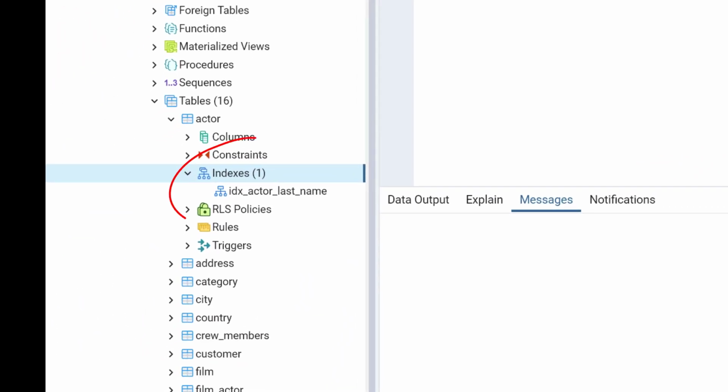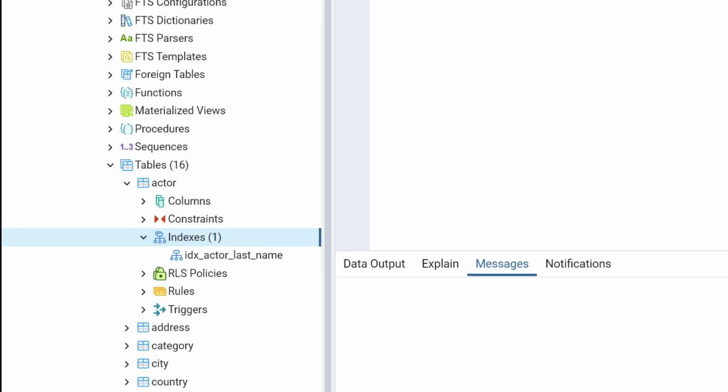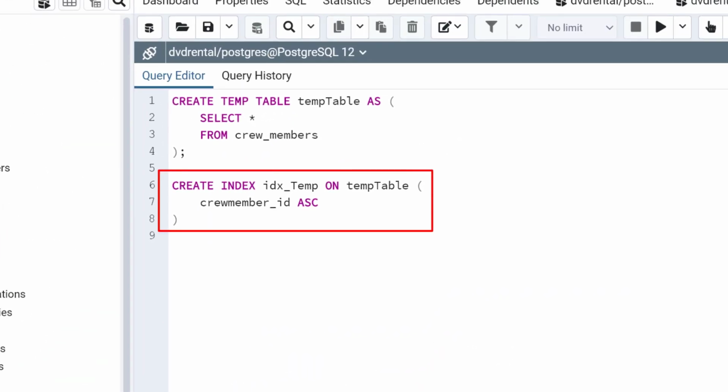All of the tables in our DVD rental database have indexes on them, except for the custom ones that we've created ourselves. Now is a good time to mention that we will not cover how to create and manage indexes in this course, but I want you to be aware of their existence and why they are important. If you want to learn more about indexes, there is some optional reading at the end of this unit. Indexes are a key component of good database design because of how they can improve performance of the database, particularly when it comes to finding and returning row data.